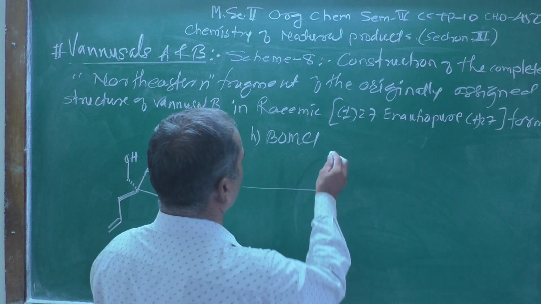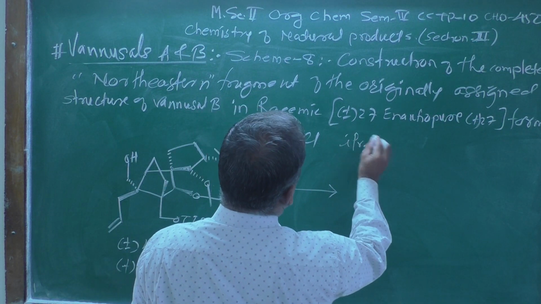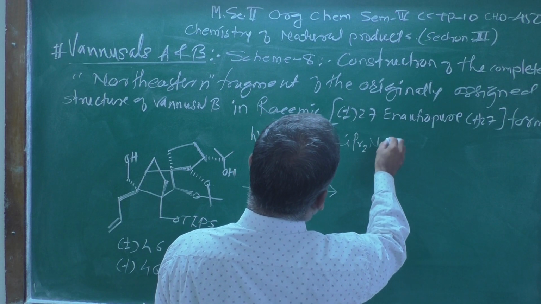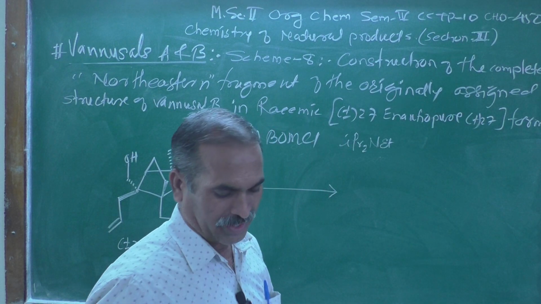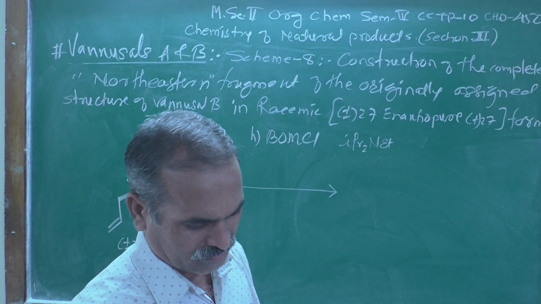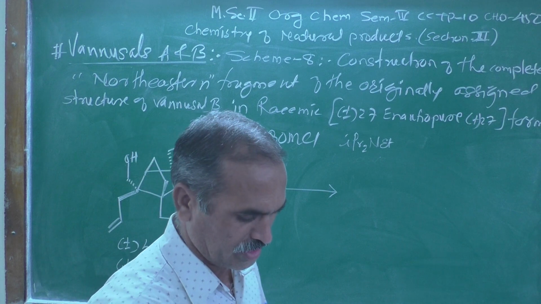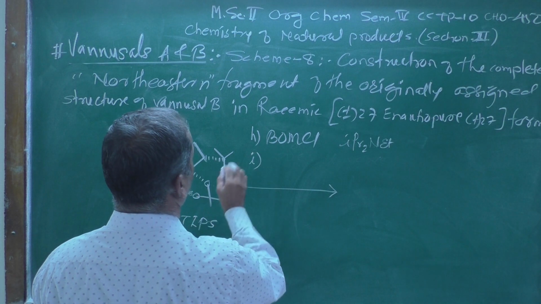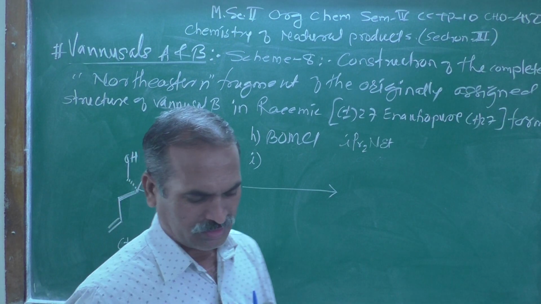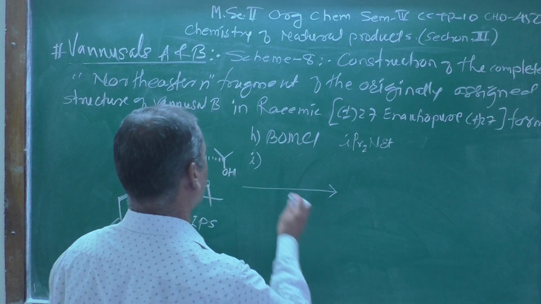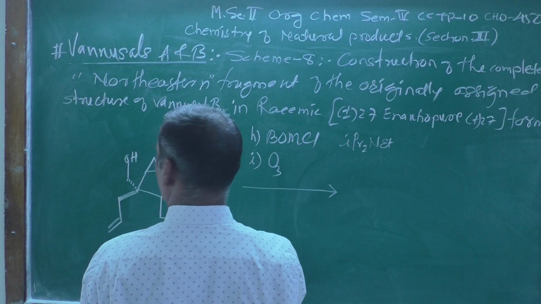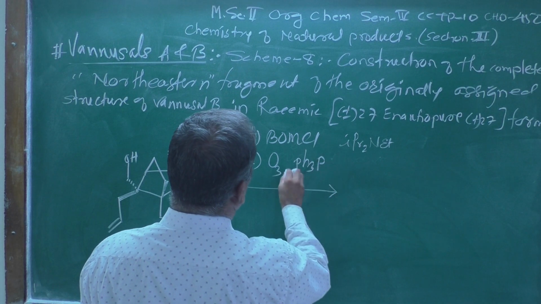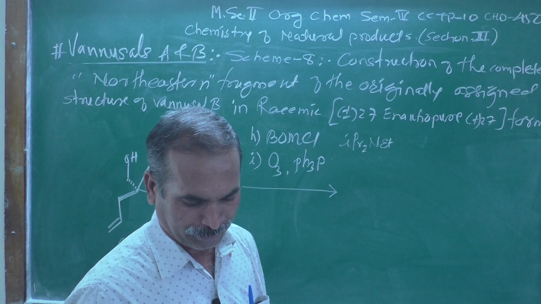The iPr2NEt, diisopropylethylamine, is used as a solvent in this particular reaction, followed by the I reagent, which will be the same as we have seen earlier: ozonolysis, O3, then PPh3, triphenylphosphine,